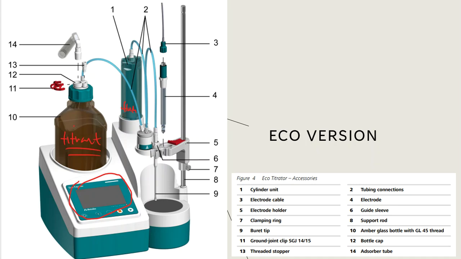This green piece back here in number 1, they call it a cylinder unit, but this is your burette. So this is what's going to hold your titrant, and it's also what's going to deliver the titrant. If you think about the way the burette is made, at the very end of the burette, you have a stopcock, and that stopcock often will lead into a tip of the burette, and that's actually represented here at number 9. So number 9 is going to be the tip of our burette. They call it a burette tip, and that's where the titrant will come out, and it will go into your